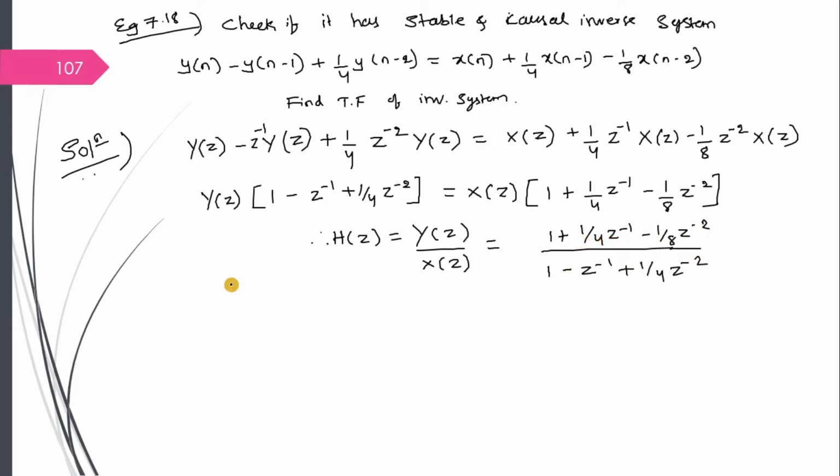So I'll show one of this. I'll write it here. 1 plus 1 by 4 Z inverse minus 1 by 8 Z raised to minus 2 equal to 0. I need to find its factors. How to do it? So let us keep it simple. So I want to make it very simple. So what I do is